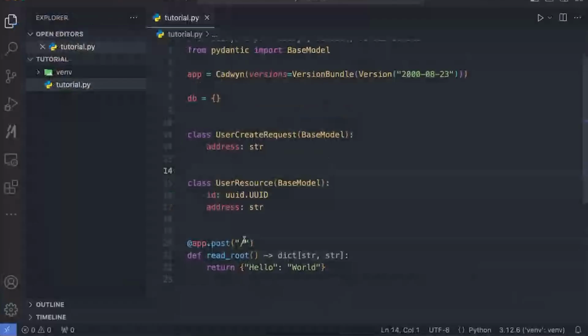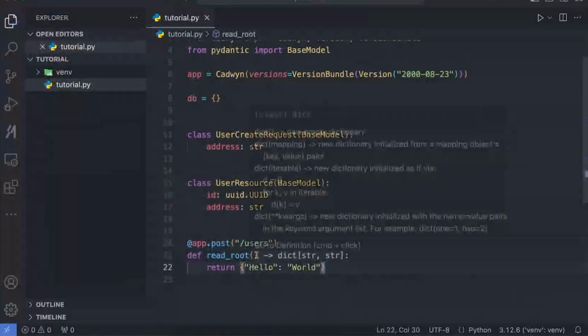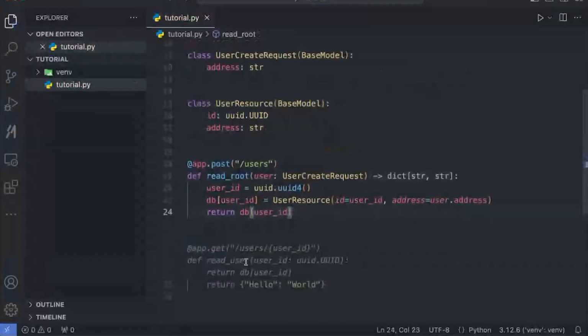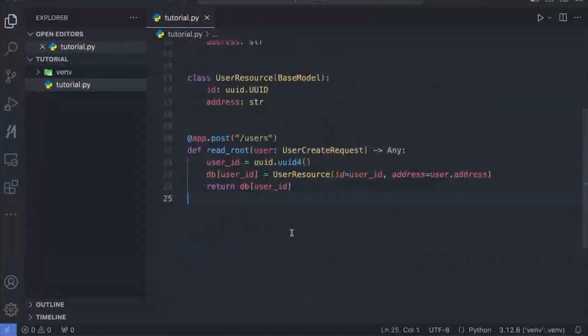Okay, we have defined what's going to be in our OpenAPI spec, what we expect in terms of data. Now let's create two simple endpoints, an endpoint for creating a user and an endpoint for getting that user. App post, users. Now we'll have user create request. And I think SuperMaven is going to do the rest for us.